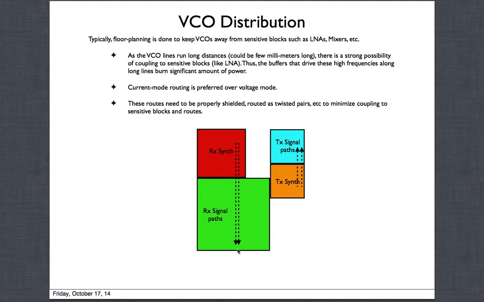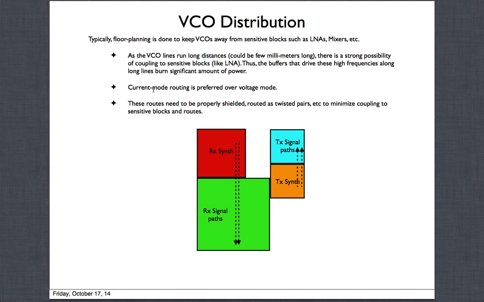And whenever you have slow rise and fall times, you're injecting more and more noise. Your phase noise goes bad. So to keep the sharp edges of a square wave, a sharp edge going up and a sharp edge going down, you need really good buffers to drive long distance. That means a lot of power. Huge amount of power in all these chips is spent on this whole VCO, sometimes called LO distribution. So this is an area which has a lot of details that people have to work through to make sure they don't couple, they maintain the phase noise, and they burn a lot of power.